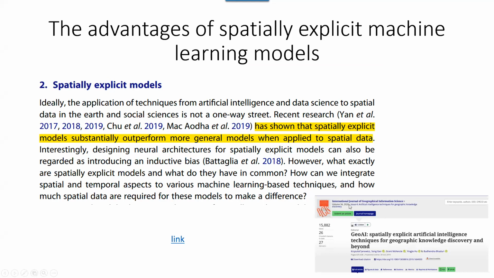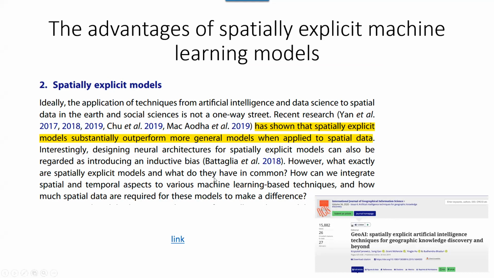In the International Journal of Geographic Information Science, 2 years ago, they published a research paper, Geographical Artificial Intelligence, Spatially Explicit Artificial Intelligence Techniques.